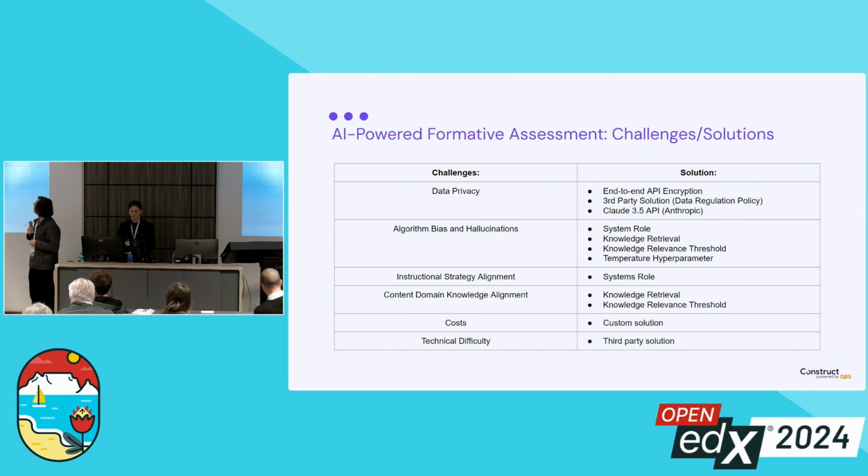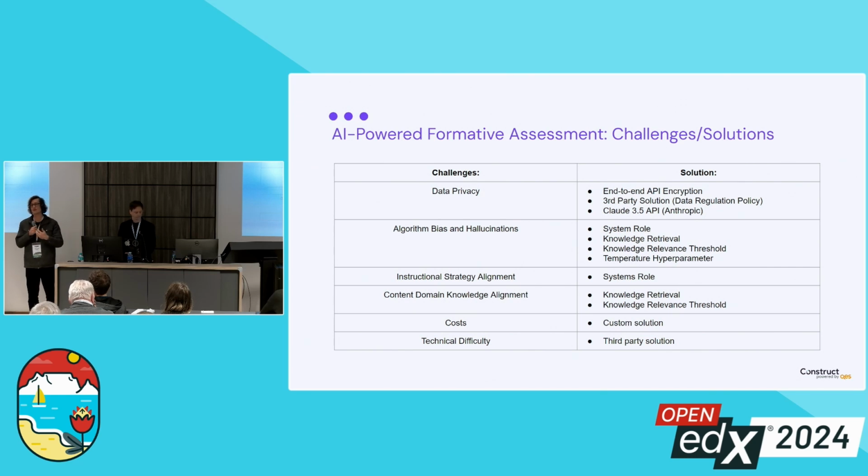And then furthermore, we can also set up a knowledge retrieval tool which configures the knowledge base, meaning that we can add additional databases to our applications so that they are aligned with the targeted content. And the same solutions really also play in with hallucinations.